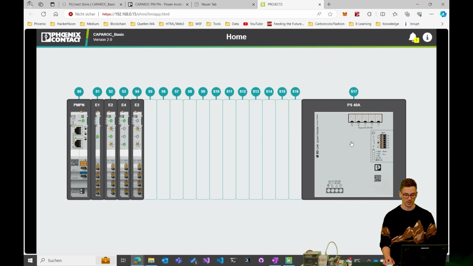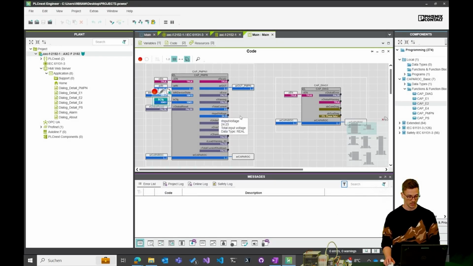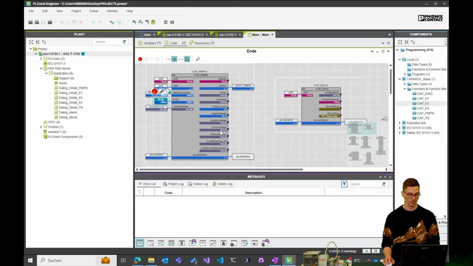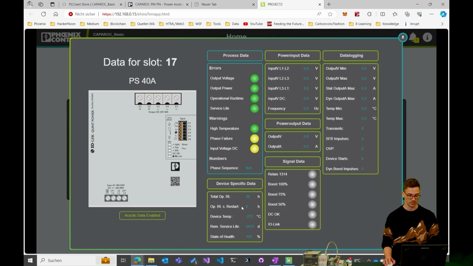We also have data here for the power supply, and here right now you can see the acyclic data is disabled. So we have to go to our PS function block and enable the acyclic data, and you can see that it's enabled now, and you will retrieve the different data. Here now the data is coming.